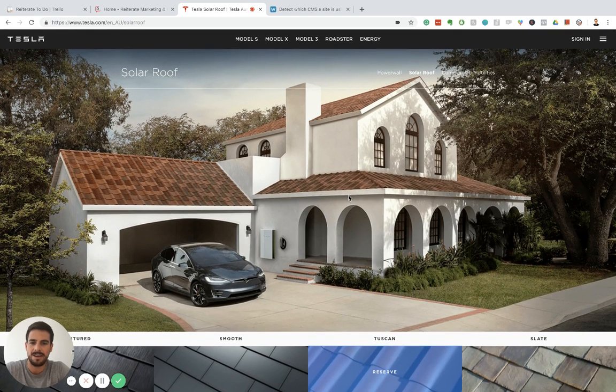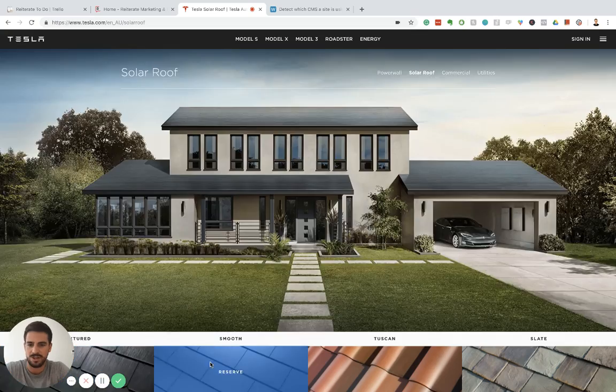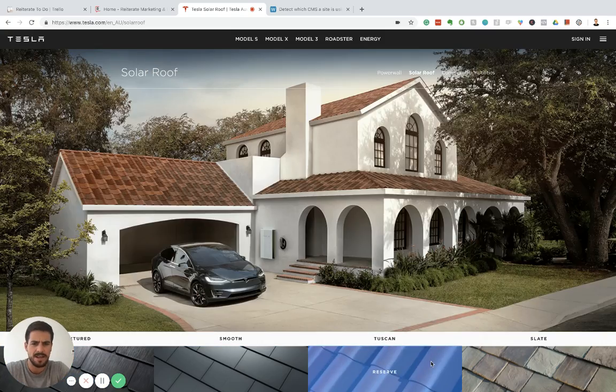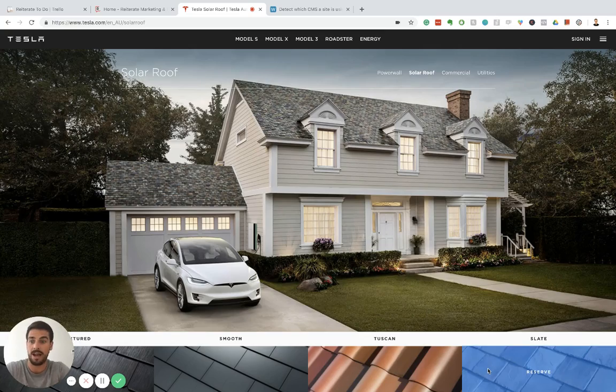What I really like here is this bottom section where you can hover over the tiles and then it changes the images. So when you have a particular product that you want to show in situ, or in context that's relevant to the purchaser, this is a nice way of zooming in on the product and then showing the overall outcome. Now, I would probably like to have seen this section here maybe a little bit smaller, so that